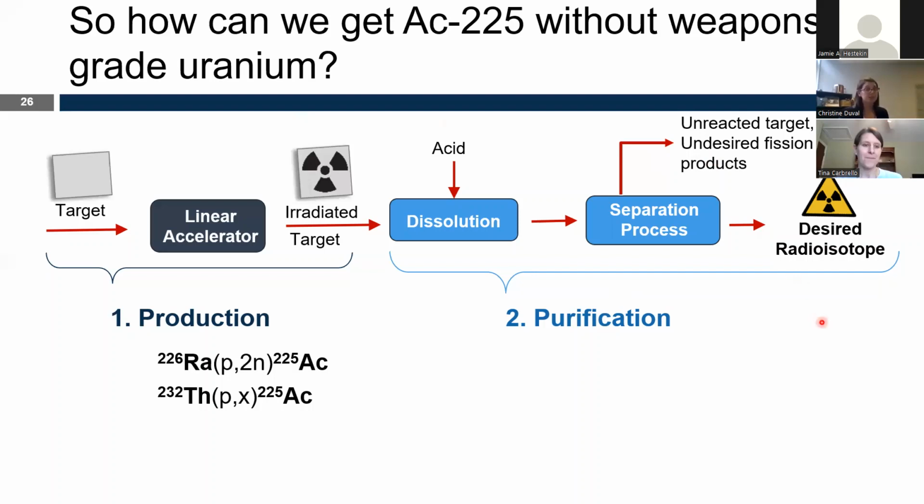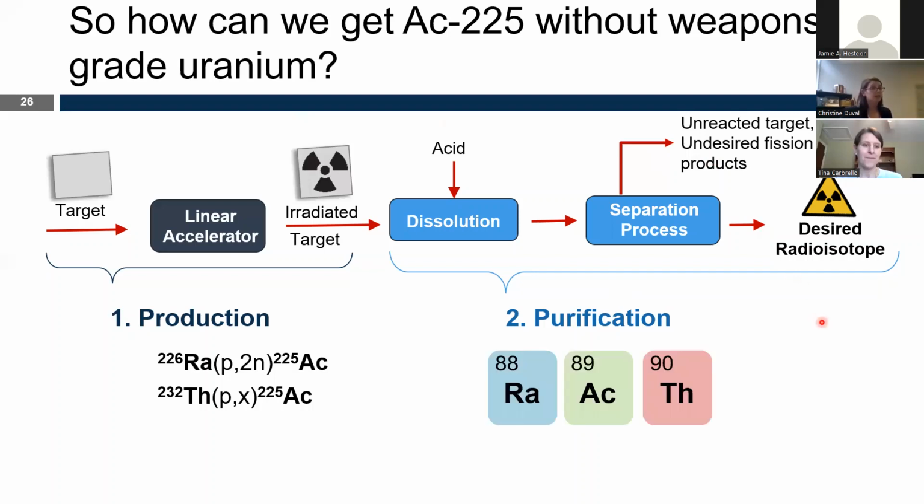So for actinium-225, the major species we need to worry about purifying are these three right here. Whether we start with a radium or a thorium target, we're going to co-produce the other, and we'll want to fish out our actinium product. What ends up being really interesting about a lot of these separations